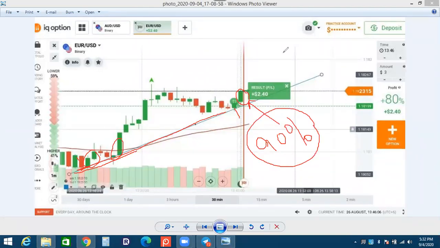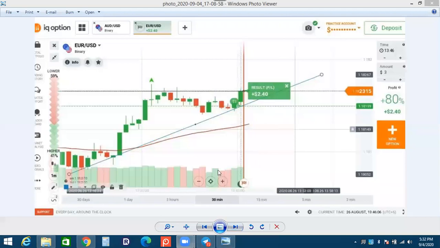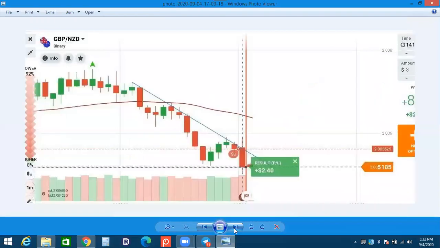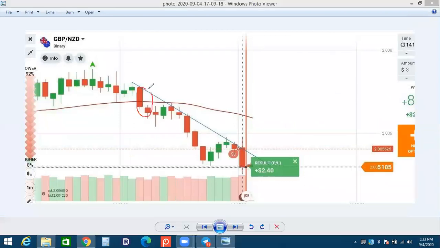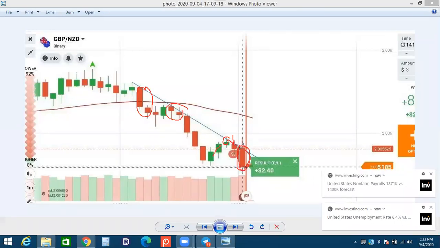How to avoid the trade? Okay, wait. I will show you some more examples, then I will tell you. Again, look at here. From this point, the two candles go down. The two candles go down. When the green candle touches here, and when we saw the red candle, after this red candle we place a trade on this candle, it will go down. Definitely it will go down. If the candle is not able to go down, the doji will form. The doji can form if the red candle does not go down.